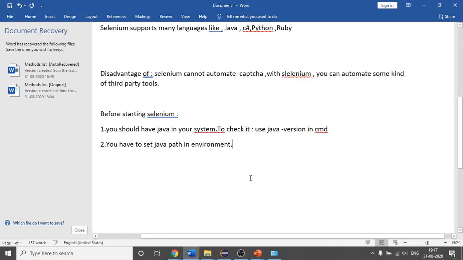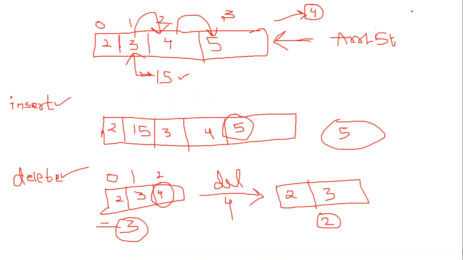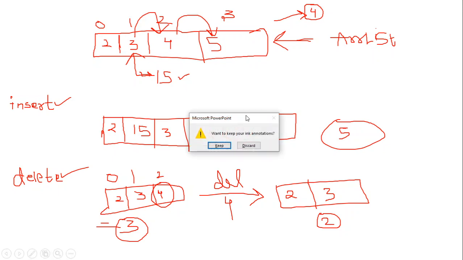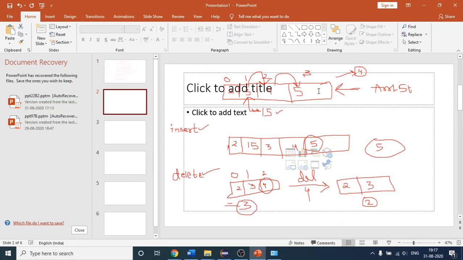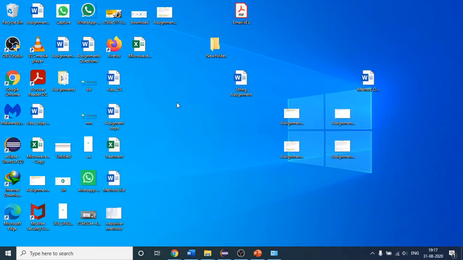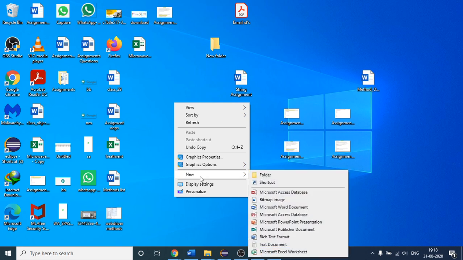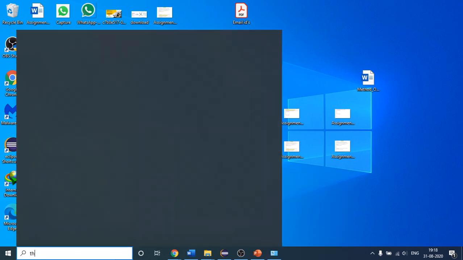Now let me create one more fresh project in Eclipse. We will see how to give the knowledge of Selenium to our Eclipse with the help of a jar file. Let me minimize this and create a folder here.